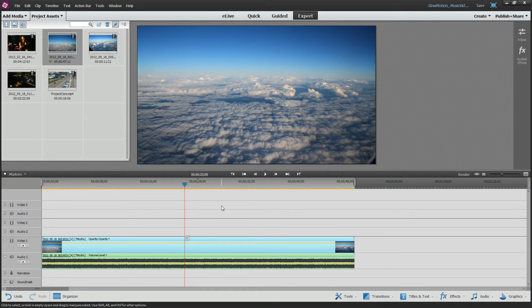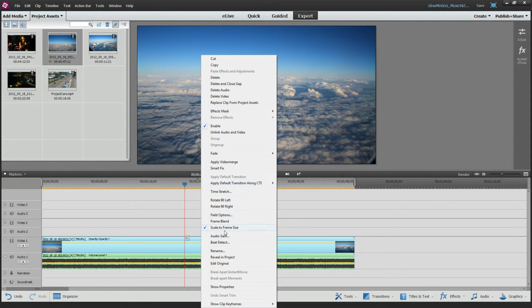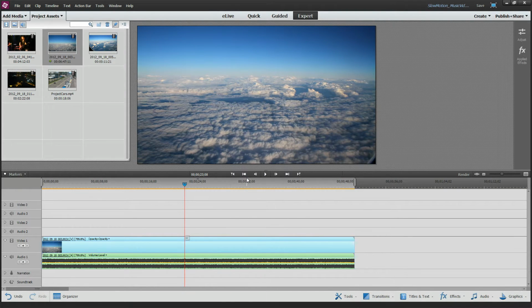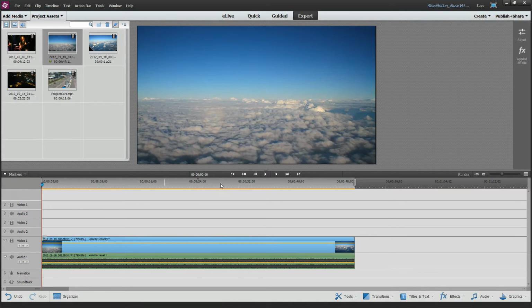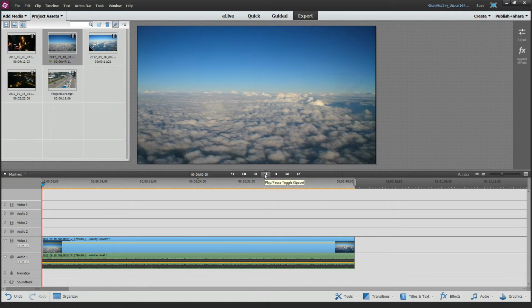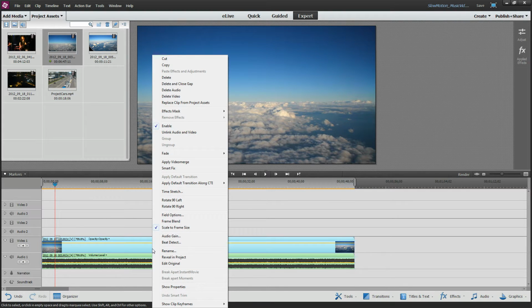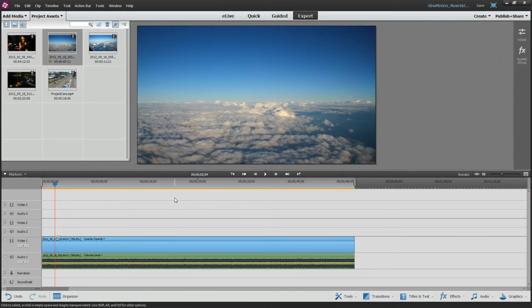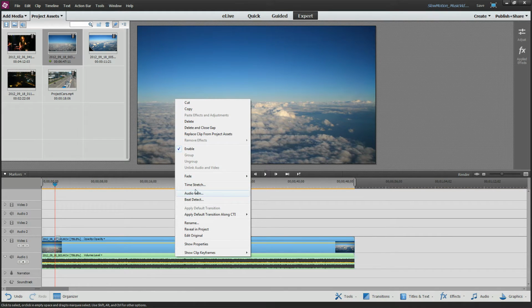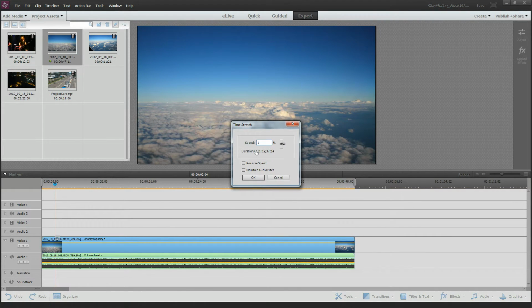Now, let's just say, for example, you wanted to keep the original sound, but you wanted to speed it up. What you could do is go back to our, where is it? Time stretch. Uncheck this little box down here, and again, it's going to be that super fast speed, but a higher pitch. But what we can do here is let's go ahead and unlink the audio and the video. Let's go to the audio track, go to time stretch, and change it back to 100%.